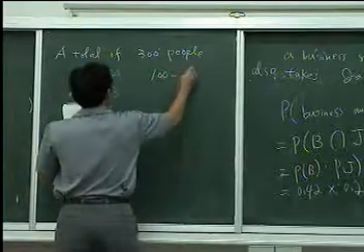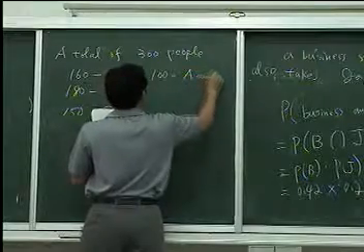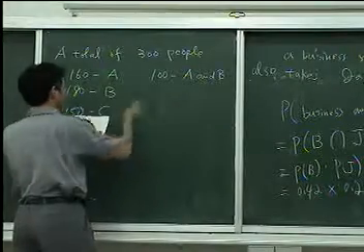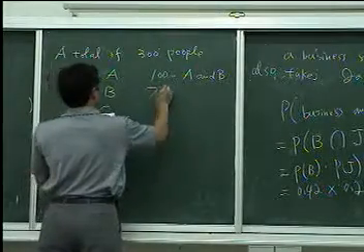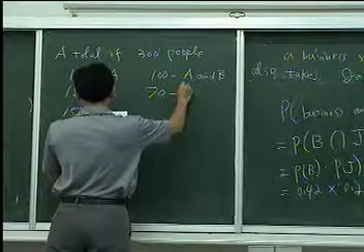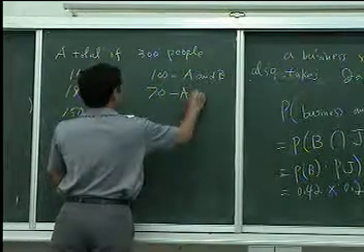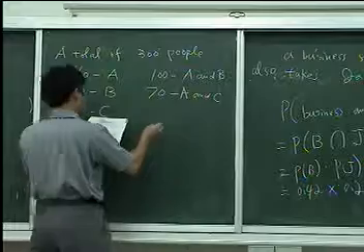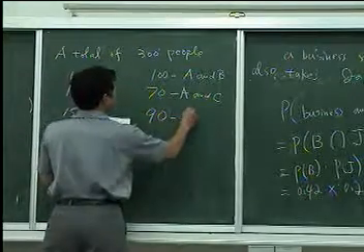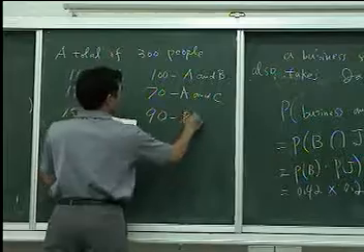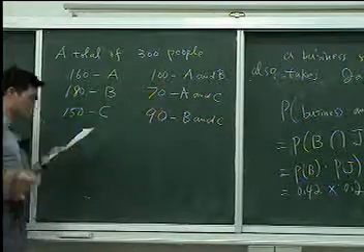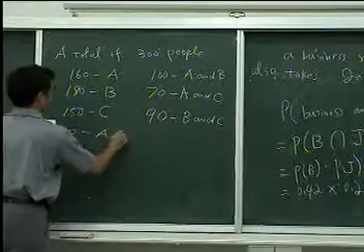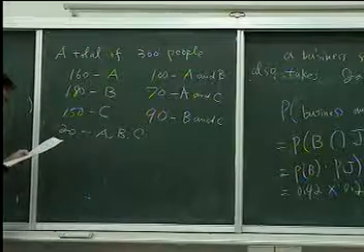100 people join Club A and B, and 70 people join A and C. And also we have 90 people join B and C. Okay, so now 20 persons join A, B, and C. So now we want to know